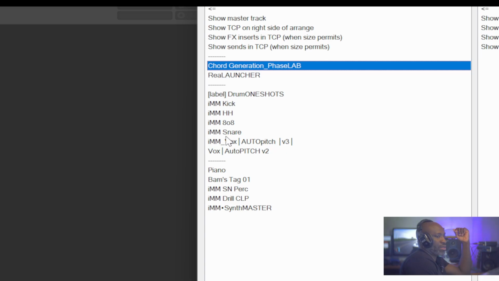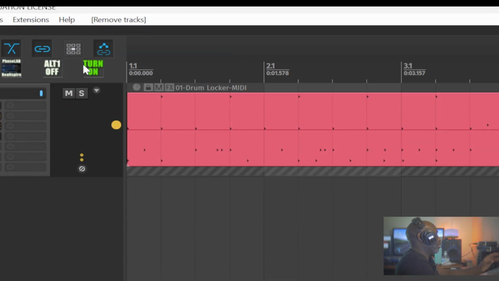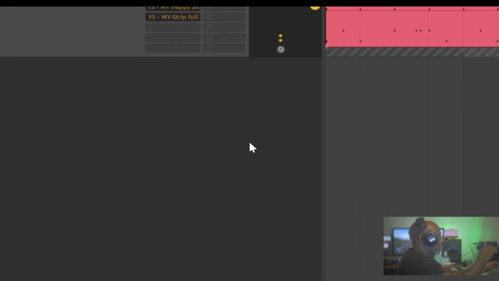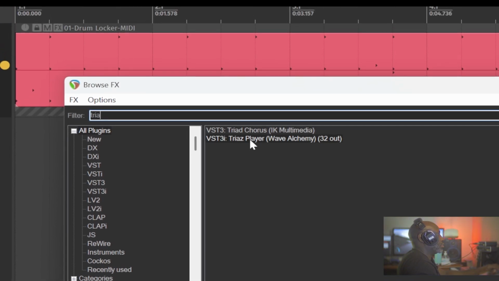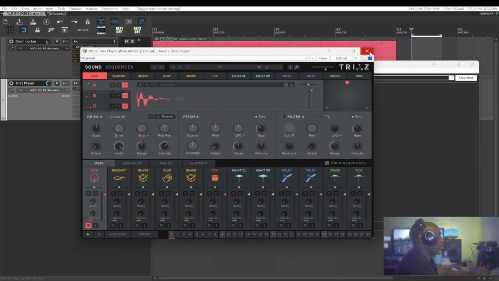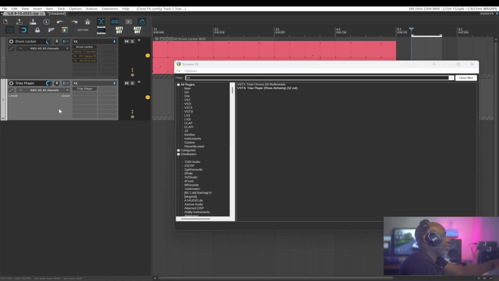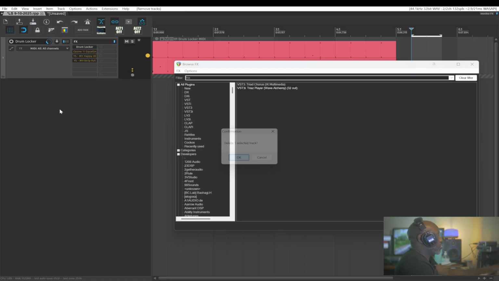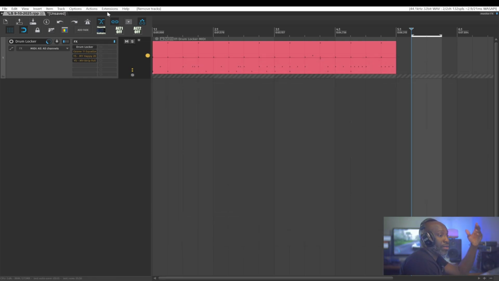So I want to add something after the snare. First I'm going to close this out for now, and I'm going to show you guys what I'm going to add. I'm going to add the Trias player, which looks like this. Let's create that. So I'm looking to add this Trias player in the menu. What I need to do is add it as a track template. I already have a track template for the Trias player saved, and I'm going to find out what that number is